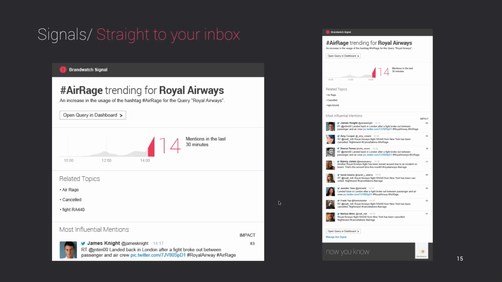You can decide to dive into it, you can decide not to. And those emails can be sent to anyone, whether they're a Brandwatch user or not. But it's really about that speed as well. So you don't have to log into Brandwatch to access this information. You can send it even to people in the company that don't have a login. It really reduces that barrier to insight, and that was something that was really important to us when developing this.